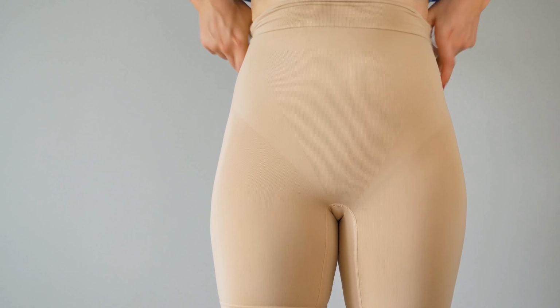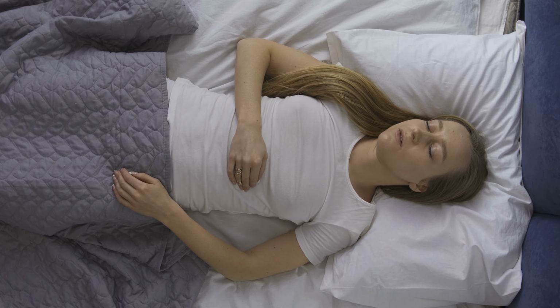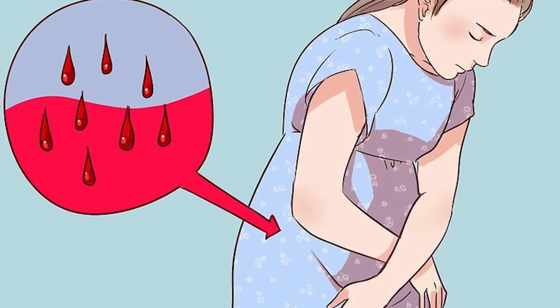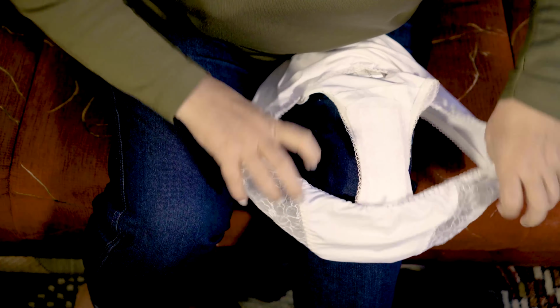Postpartum underwear is essential for every mother of a newborn. After giving birth, whether it's from a C-section or a vaginal delivery, you have to face a bleeding known as Lochia, which can last for up to 6 weeks. During this time, it is quite essential to choose an underwear which will take care of this discharge and keep